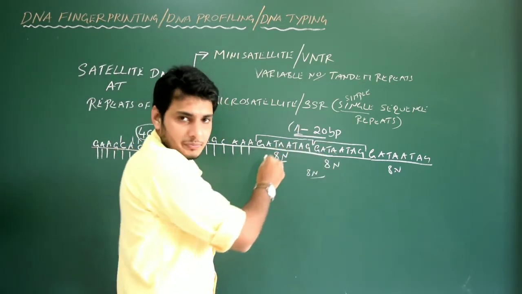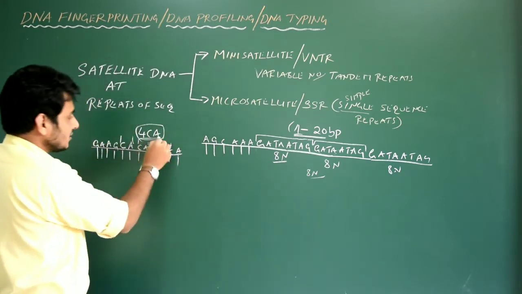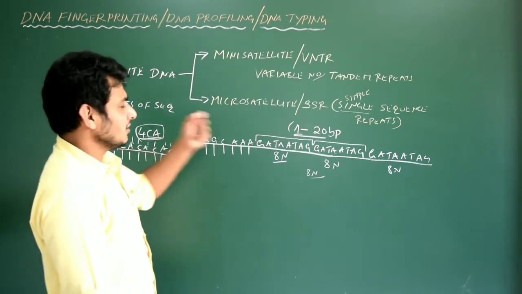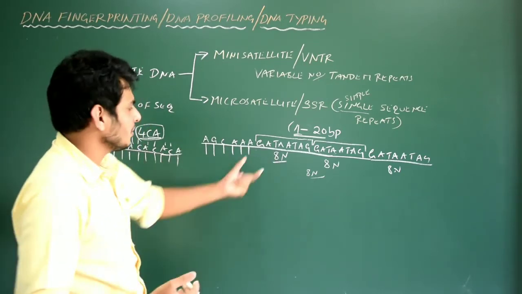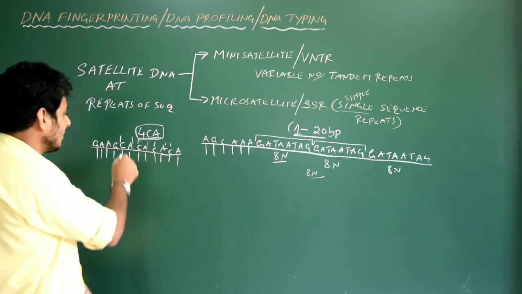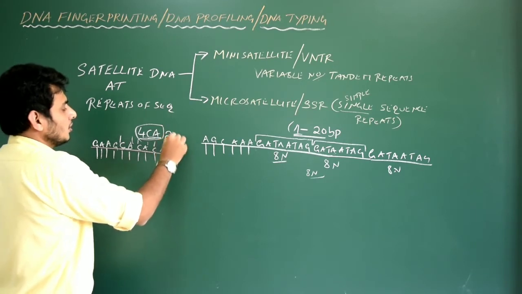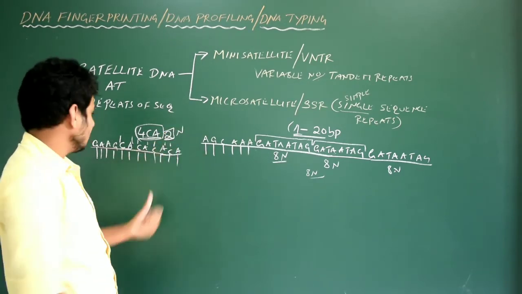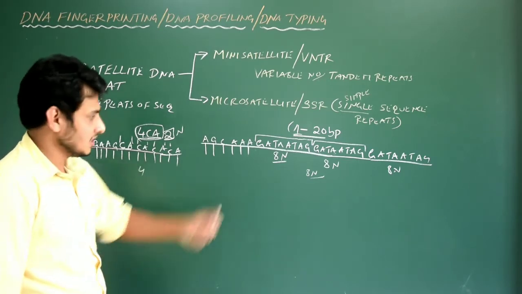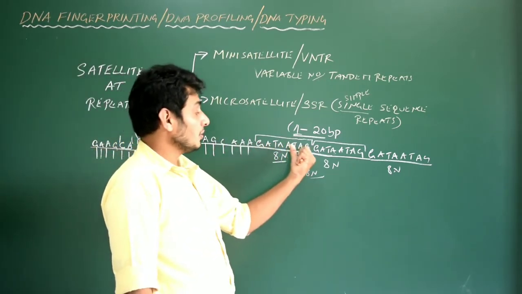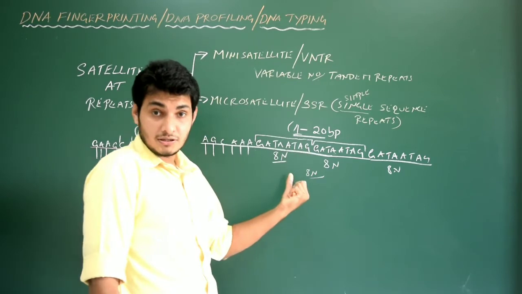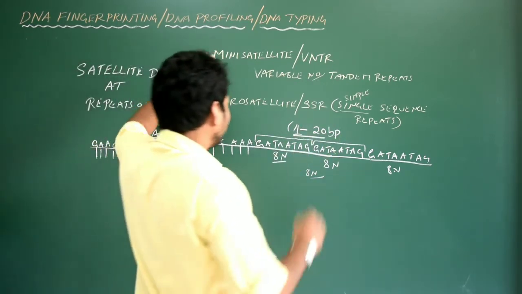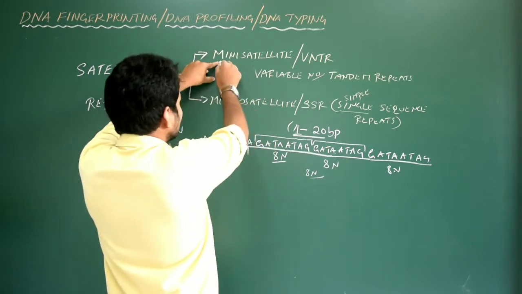This is a long stretch, not a small stretch. For example, if you take this CA, it is not a long repeat, not containing the maximum number of nucleotides. Only two nucleotides are there, that is C and A. These 2 nucleotides repeat. How many times? 4 times in this case. In this case, there are 8 nucleotides, repeated thrice. Got it? Okay. So that particular thing is called the mini satellite.